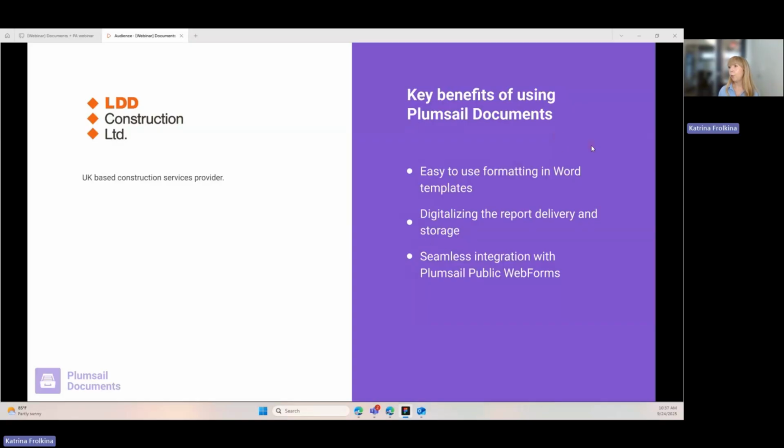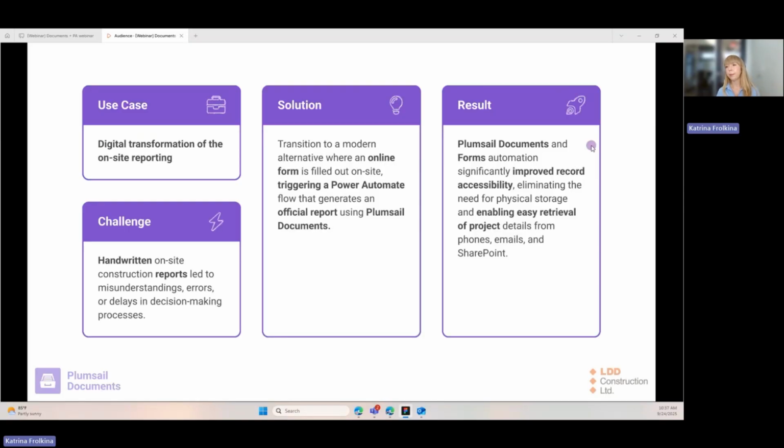So let's look at what was their use case. They had a problem where the on-site construction reports were still being produced with pen and paper, which led to misunderstandings, errors, and delays. So they wanted to come up with a solution where they can create online forms that can be filled out on site. Then after the form is submitted, it triggers a Power Automate flow and generates an official report using